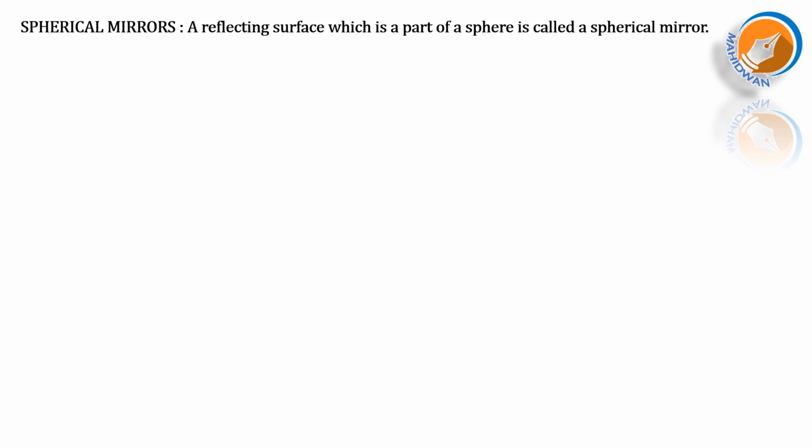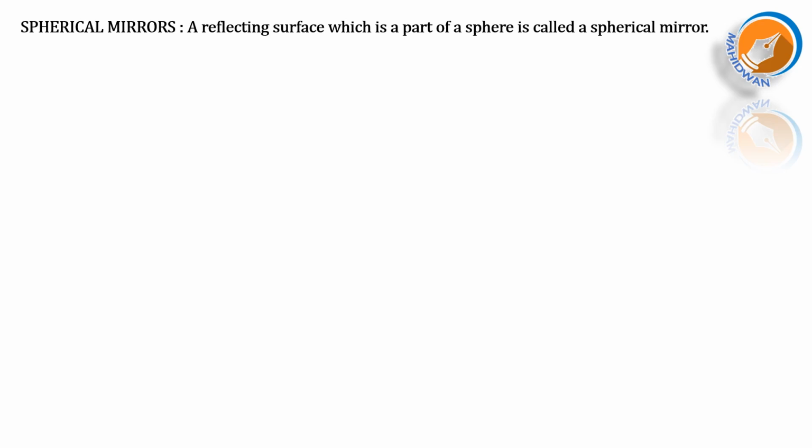So the topic that we are going to do today is spherical mirrors. So what is a spherical mirror? A reflecting surface which is part of a sphere. That is why we call it a spherical mirror. Take a circular glass ball, cut it into two pieces and paint from one side,